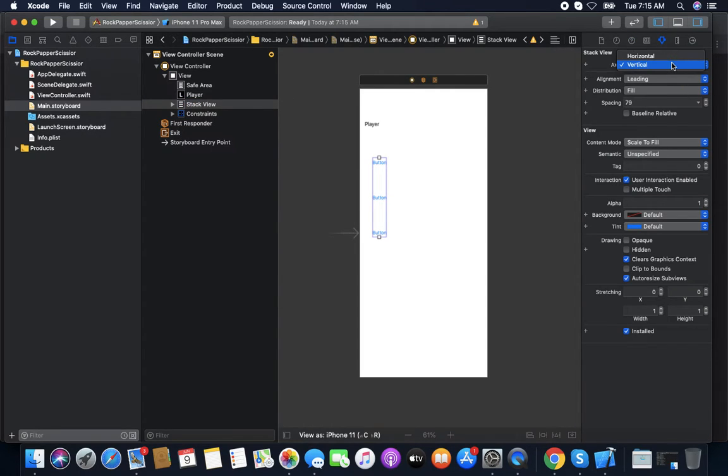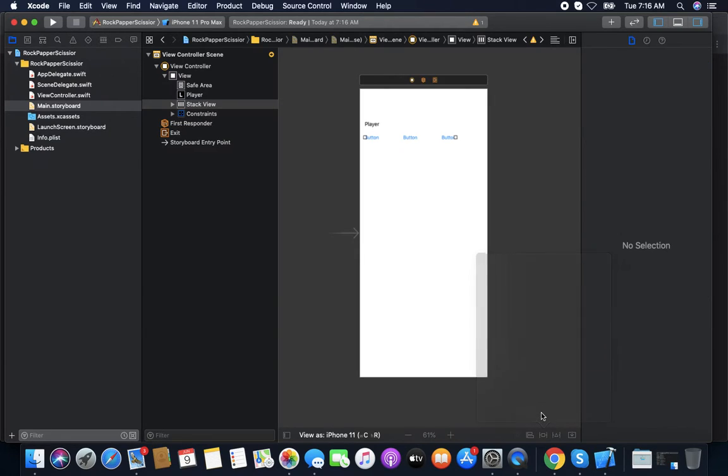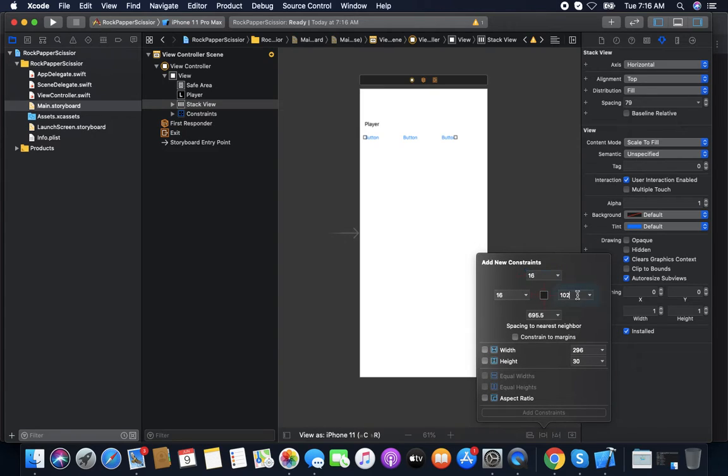Select horizontal stack view. Now we provide the constraints here: leading 16, top also 16. Also provide the trailing as 16 too.